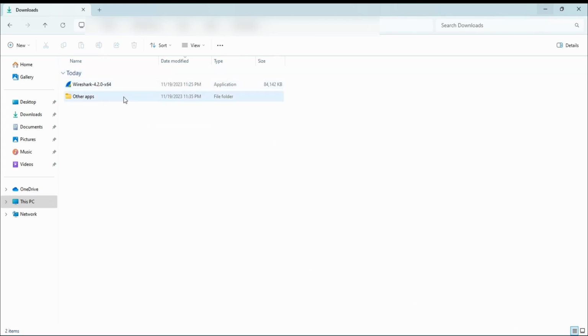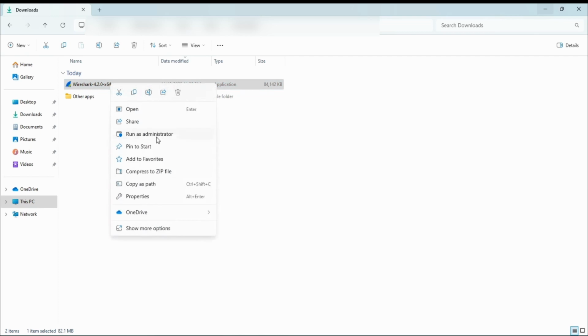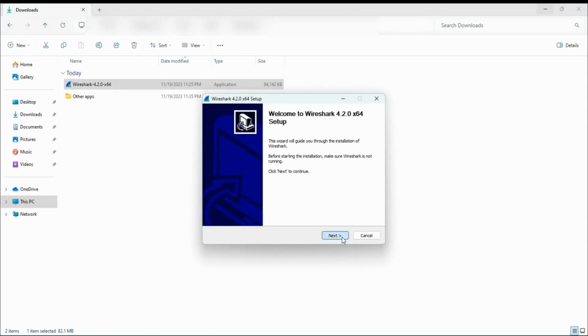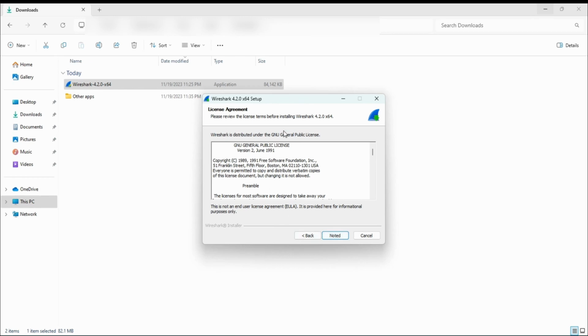For installing, just right click and run as an administrator. Wait for the window to come up. When it comes, click on the Next button, and then you can read the agreement and then click